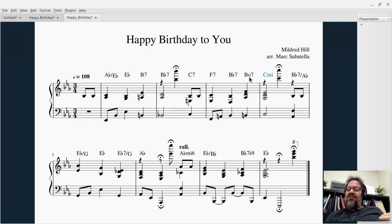So what it really is, it's a secondary diminished chord. B diminished here is the 7 chord in the key of C minor. So that's 7 to 1 in the key of C minor. I don't do that necessarily every time I have one of these deceptive cadences, but if the melody supports it,